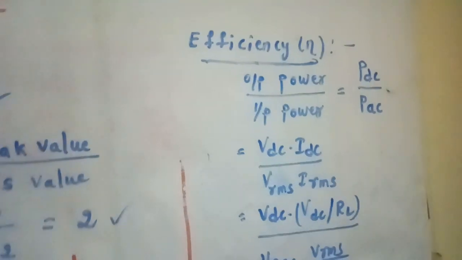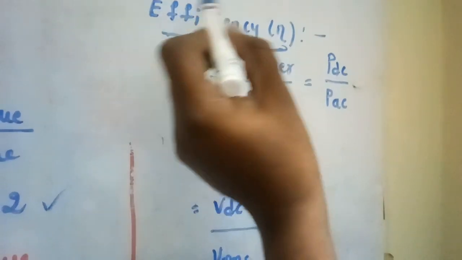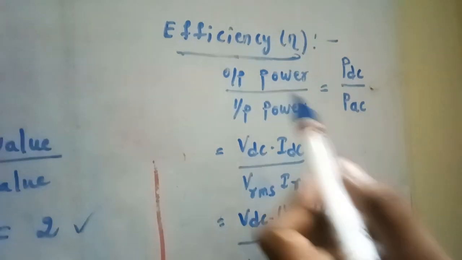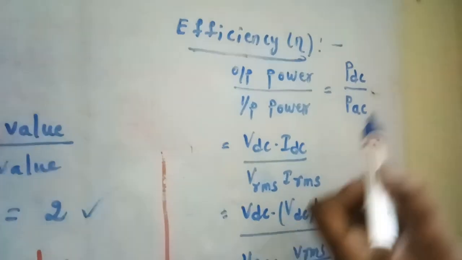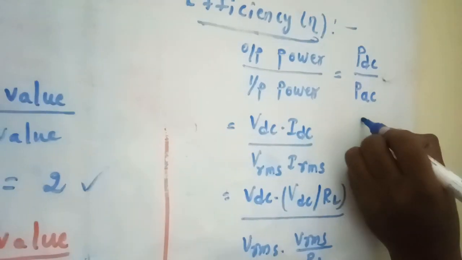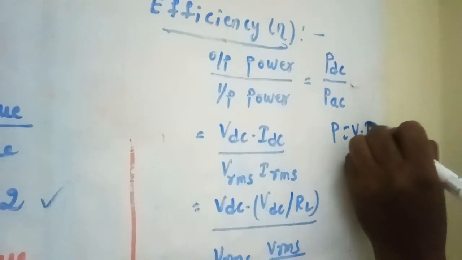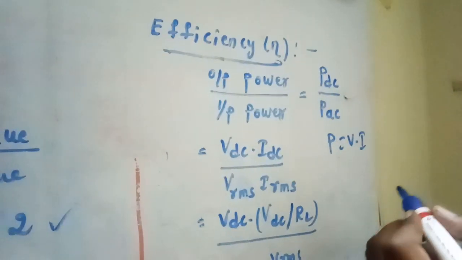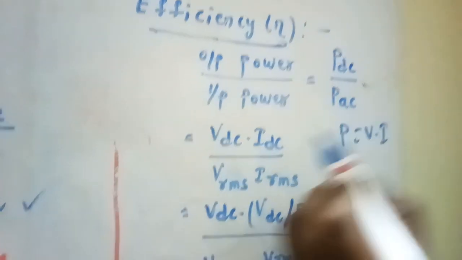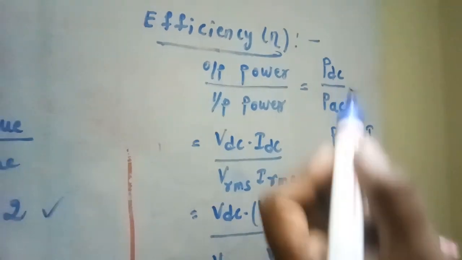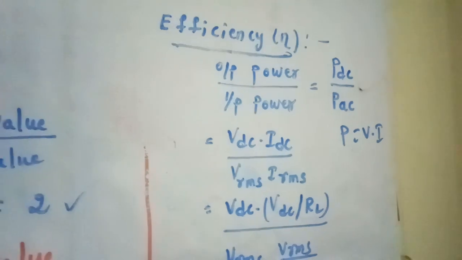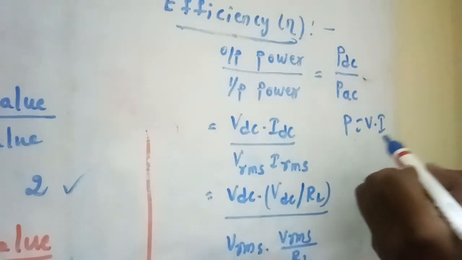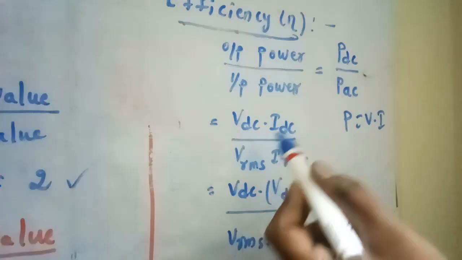Important parameter, efficiency, eta. Eta is nothing but output power by input power. Generally efficiency is output power by input power. Here what is output power? DC power. What is input power? AC power. PDC by PAC. So PDC, we are going to write power is equal to voltage into current. So here PDC is VDC into IDC. For the simplification, I am writing all these steps. Actually no need. Directly you may write PDC and PAC and find the efficiency. For understanding purposes, I am writing PDC is equal to power is equal to voltage into current, VDC into IDC,